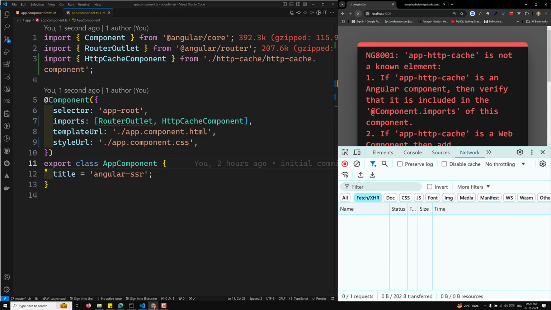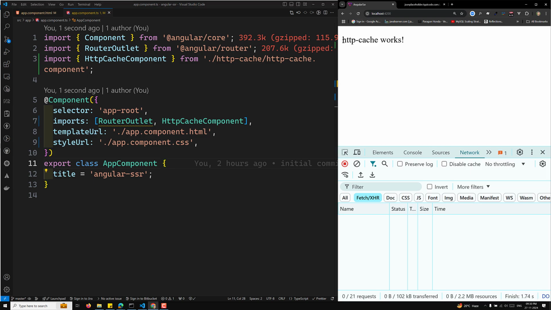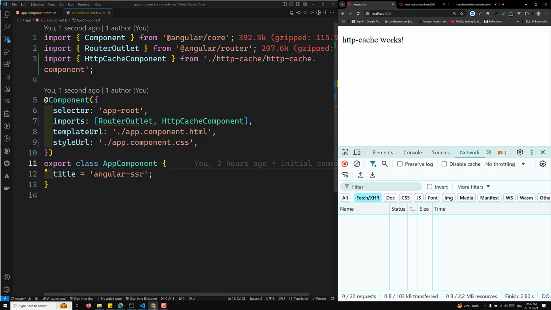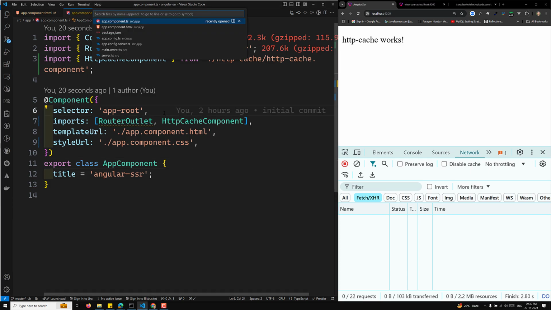So here we should be able to see the output. If I try to check this one in our view source, you will be able to see that one, okay? So now we are able to get the HTTP cache works. So now what I will try to do is, let's open this http